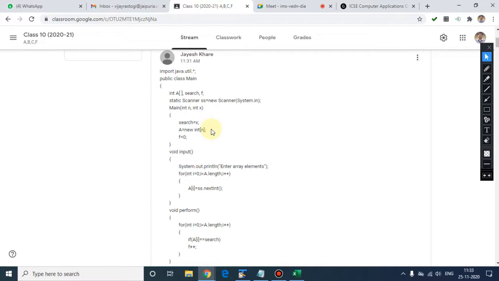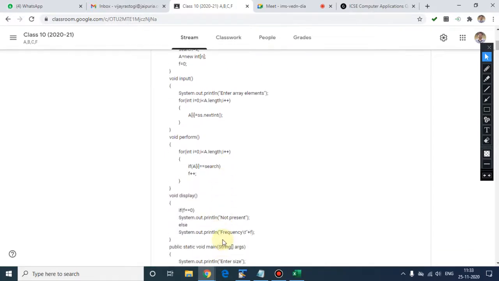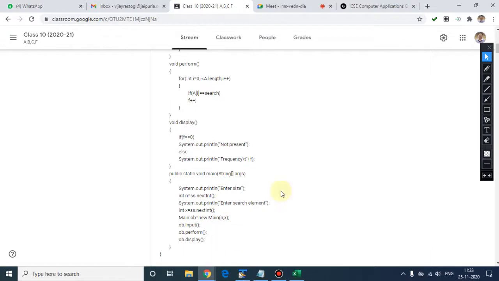Plus, if you want, you can take the search element also, but that is not required actually, because that search element has to be entered in the main or in a separate method in which you are searching. Yes, sir. Please try.